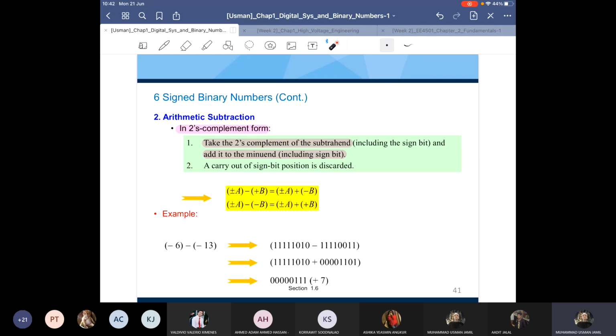Now, what is the meaning of this? Let's suppose we have a number, positive or negative, a minus, in brackets plus b, and then number a stays the same. Now if you say plus minus b, it means take the complement of the number b, then add it with this one. That is the meaning.